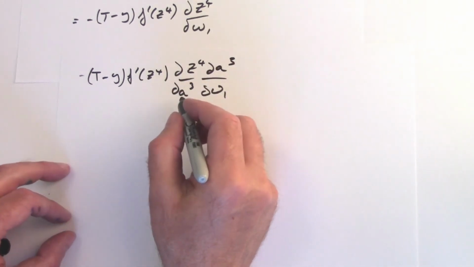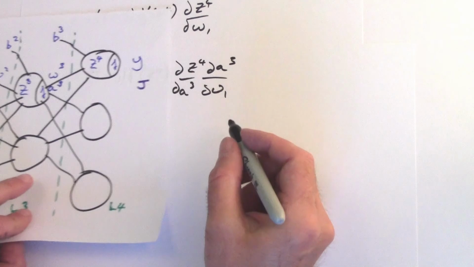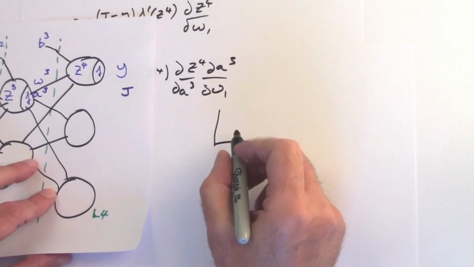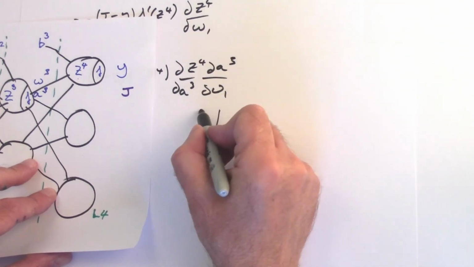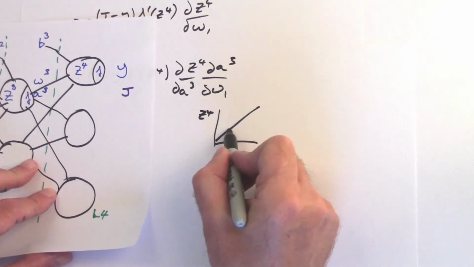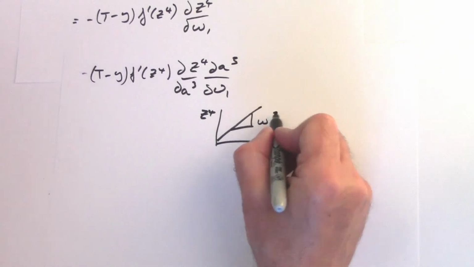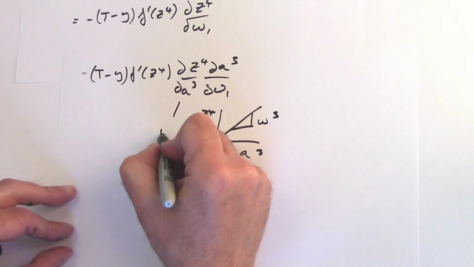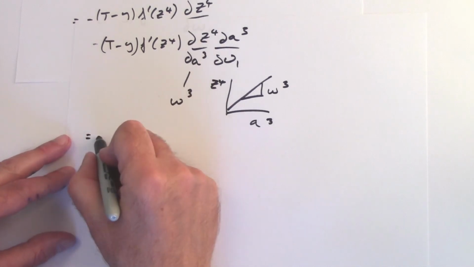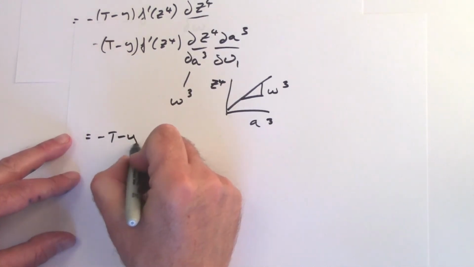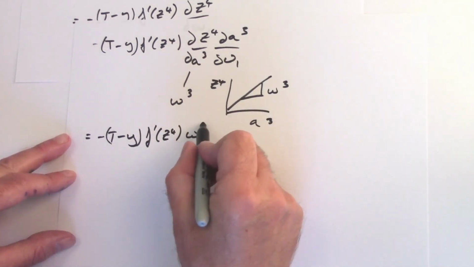Now dz4 by dA3, as before, you can consider this as A3 and Z4, and the gradient here is weight 3. So just as last time, this becomes W3, and so we have minus t minus y function z4 W3